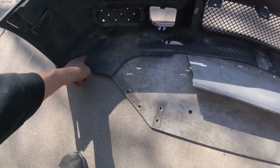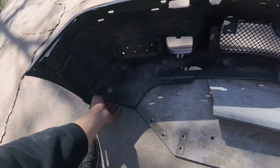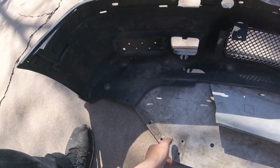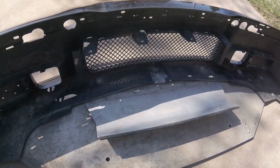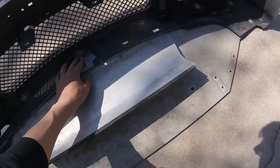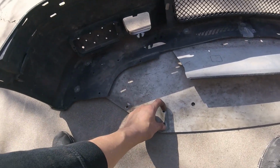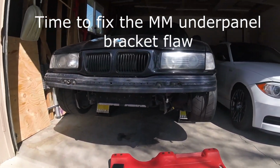So basically this is all the hardware from the Motion Motorsport panel. I think we're going to replace these with flush bolts on the bottom so that it doesn't interfere with our splitter. It looks like this crack has gone a bit farther. I can patch that up, and then this is where the mounts go. So on to fixing